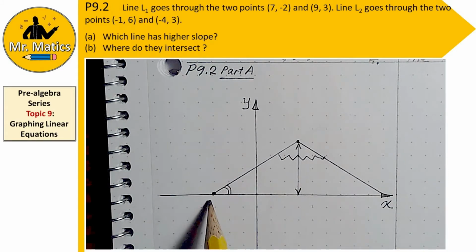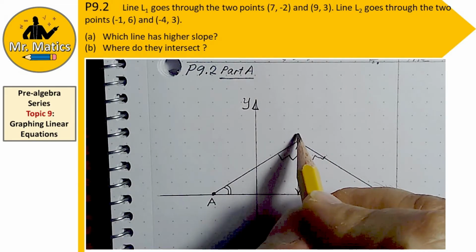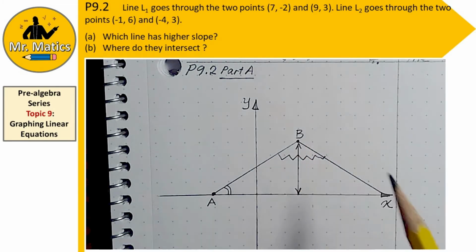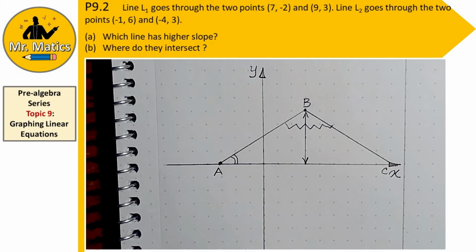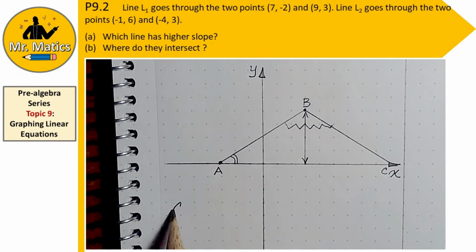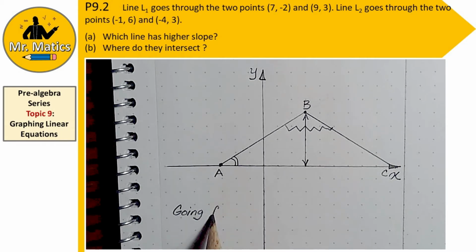Let's call these points point A and point B, and then point C. So going from A to B, rise